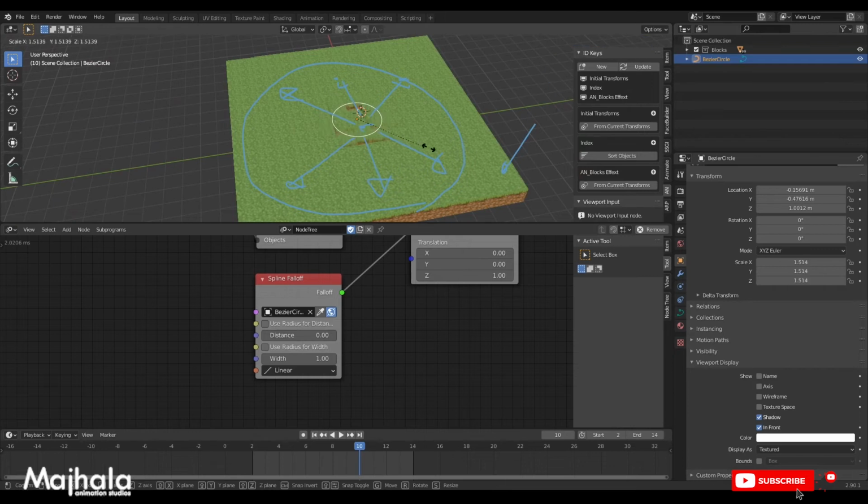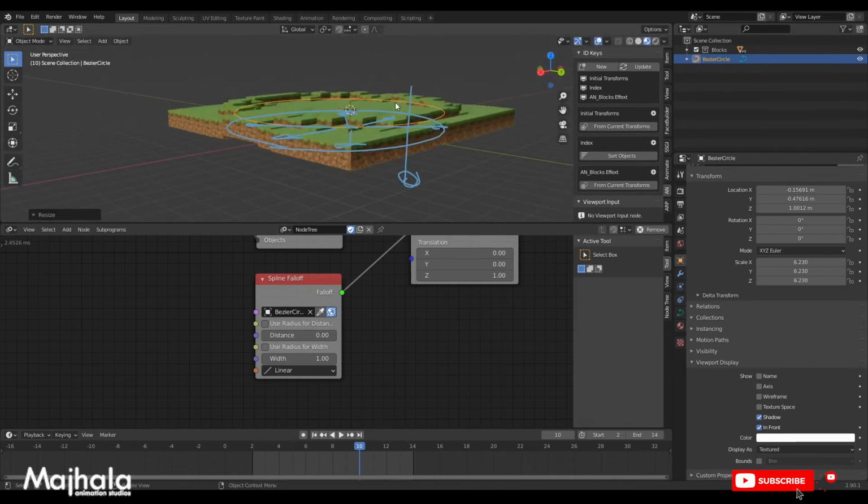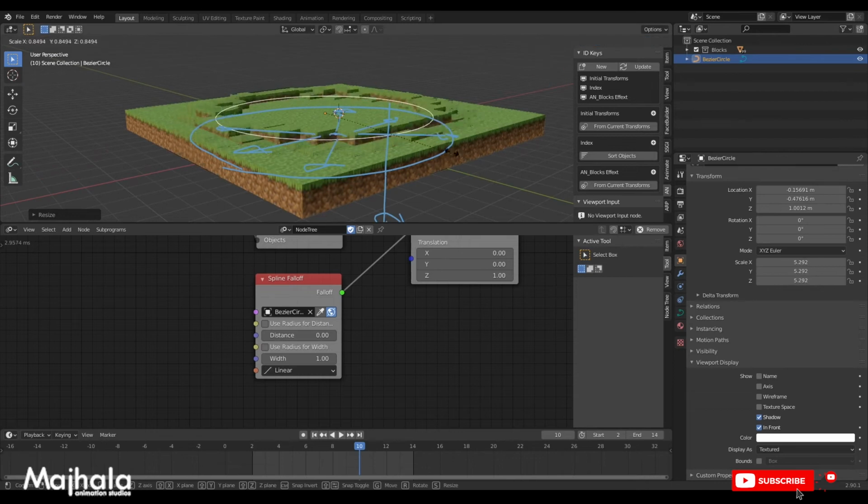So if we scale this, you see the effect starts happening. If we scale, you see the effect starts happening. If you scale down,